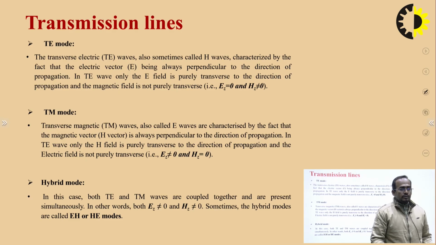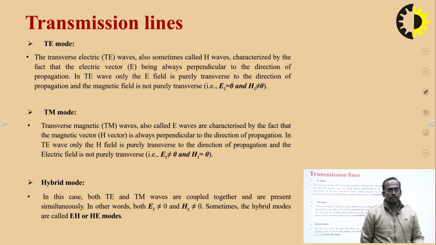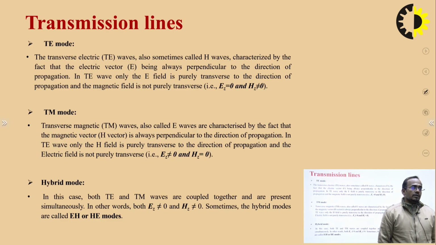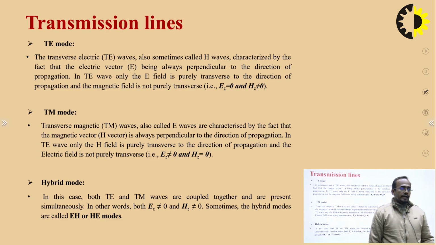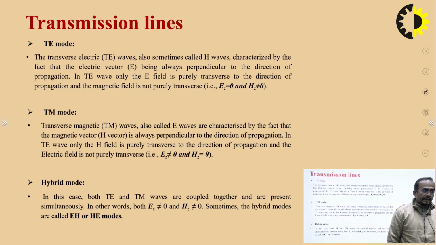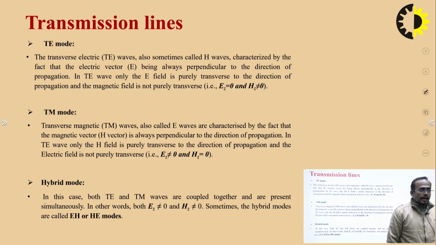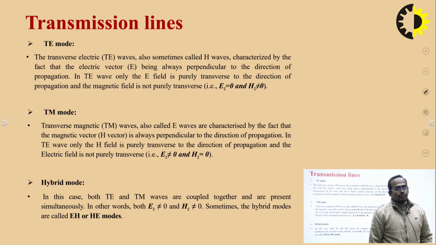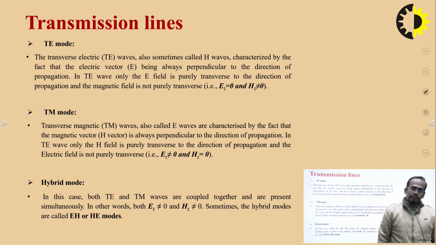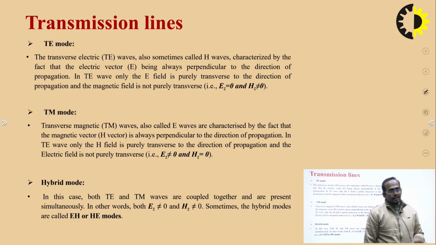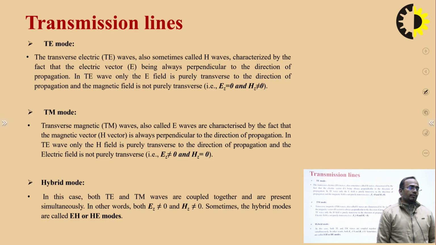So the magnetic field is not purely transverse, which means there is a non-zero component, and the electric field is 0. Similarly, in TM mode, transverse magnetic mode, also called E waves, characterized by the magnetic vector, the H field is purely transverse to the direction of propagation and the electric field is not purely transverse. So the electric field component will exist, and the magnetic field component will be 0. And in hybrid mode,